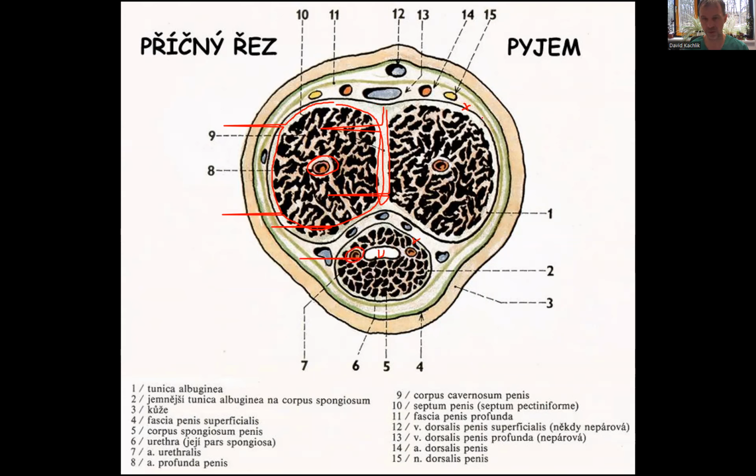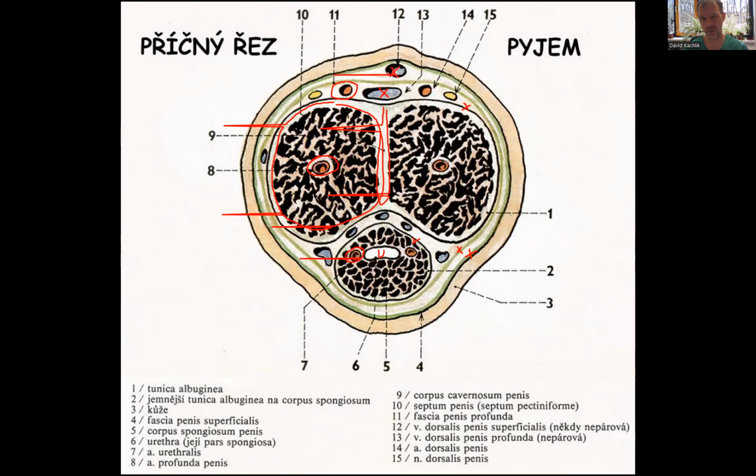Then you need to cover the structure with the deep Buck's fascia of the penis and the superficial fascia, which is the membranous layer of subcutaneous tissue. Then you have to add the dorsal penis artery, which is paired, and the unpaired deep dorsal vein and unpaired